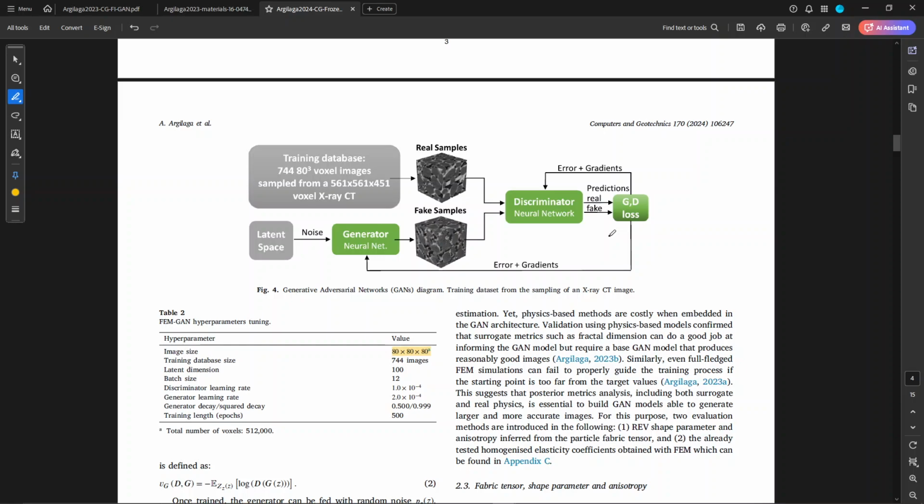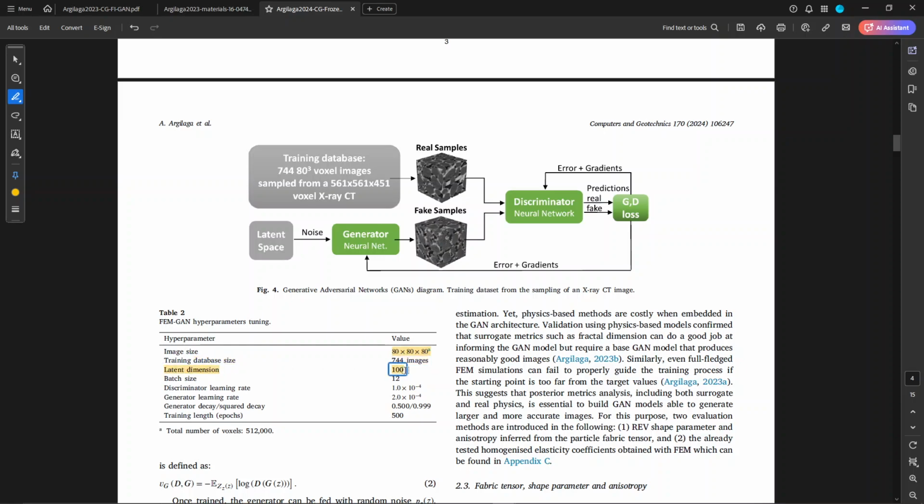For instance, the hyperparameters of this network, such as the dimension of latent space and the batch size that we use to fit the discriminator, are very important for the result. But if we do not spend time to validate that, we'll just keep using the values that work for the smaller images, and at some point we will get a bottleneck because of this. So that's why we decided in this work to make a study of what's the optimal latent space and batch size. So those are these dimensions here,